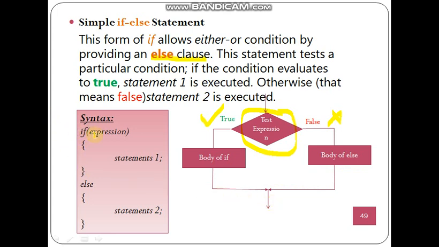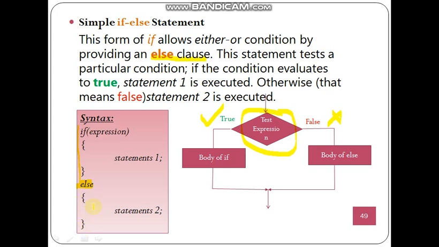Let's see how we can write that as a program. This if part is the same as in the simple if. If, then the expression, then the true set of statements. Along with that you can add an else part, E-L-S-E, and the statements coming within this else can be put within the curly bracket.